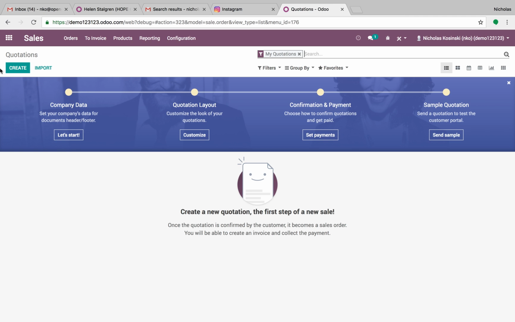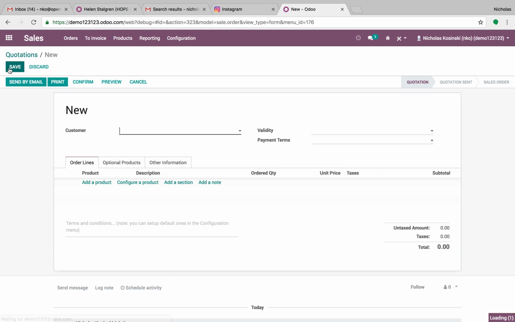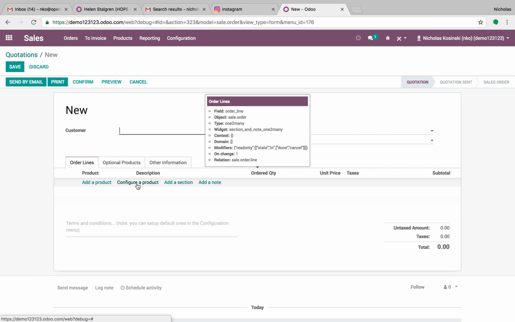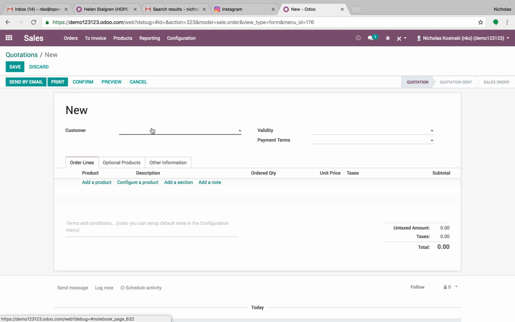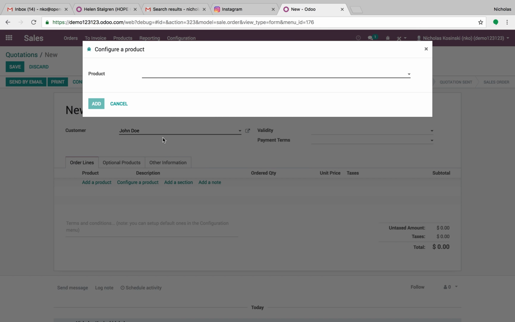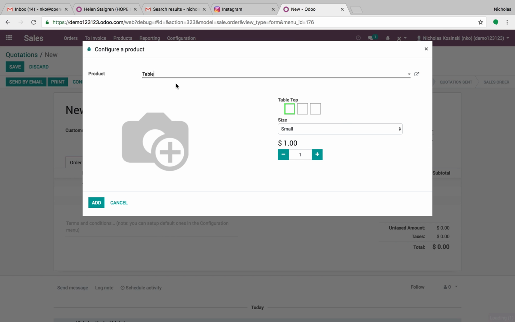You'll see once I turned on that attributes and options function in the configurator in inventory, it's going to give me this option here, configure a product. So with this, first I'm going to create a quick customer. With this, I can click configure a product, select my template, and then it's going to give me my options. I didn't link the HTML color indexes, so we have some different options to choose from here. We have no true indicator. Maybe a drop down would have been more beneficial for that,